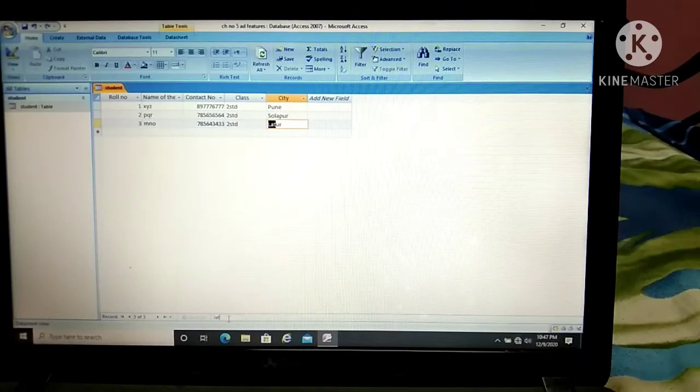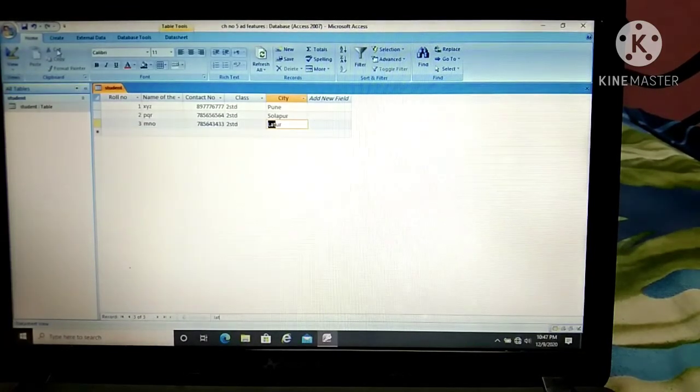Okay. Now next is calculation in database. So calculating in your datasheet is quite easy. Why? Because you can do it with your total row. And how to add the total row here? It's so simple. You just have to click and add the totals here.